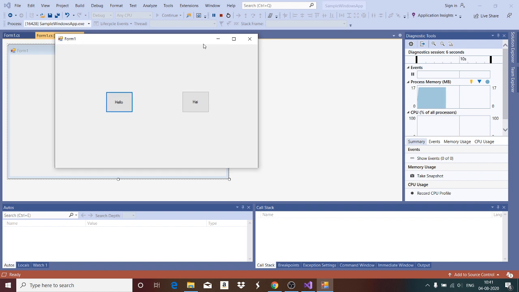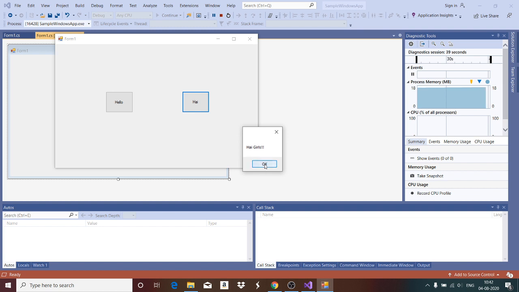Your form is created. On the form 2 buttons are created and they are now ready to take up the events. Click is one of the events for which we have written a click handler, and when you click on the hello button, it shows you a hello girls message box. You just click on OK, and when you click on the other button, it shows you hi girls.